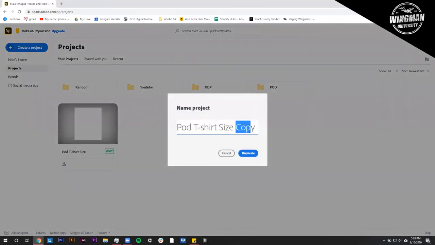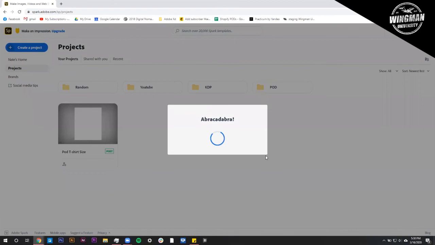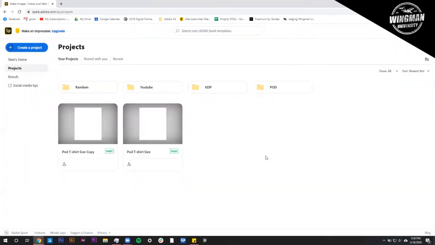So we can name this copy, or if you know the exact design that you want to make, you can name it whatever you want. We'll just leave this as copy for now and go ahead and hit this duplicate button. It's going to take 3 to 5 seconds for that to happen. It might take longer based on their servers and your computer and all that stuff. So now, as you can see, it probably will get a little confusing once you start duplicating this thing out